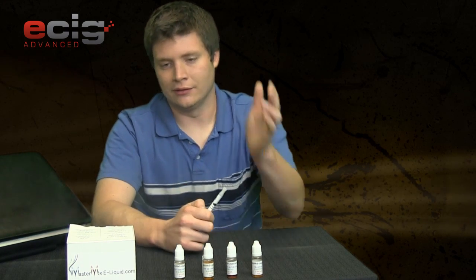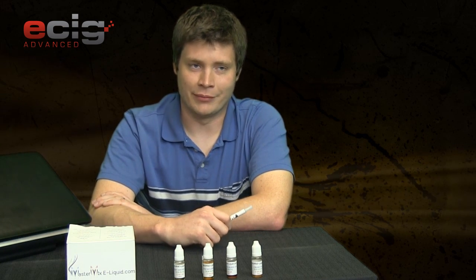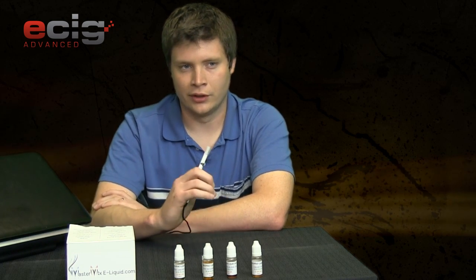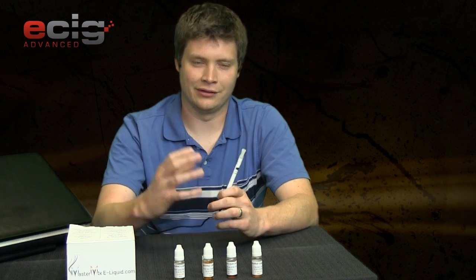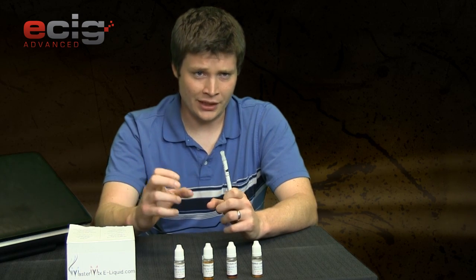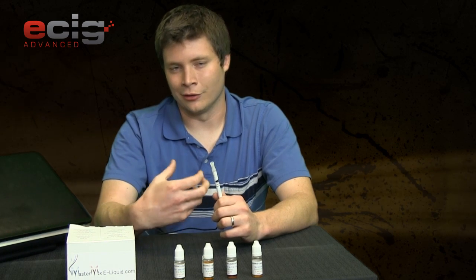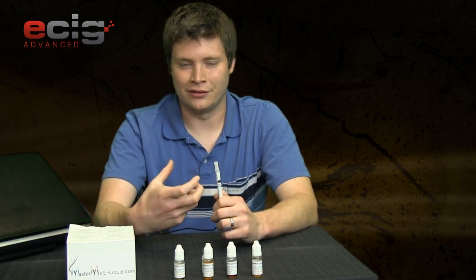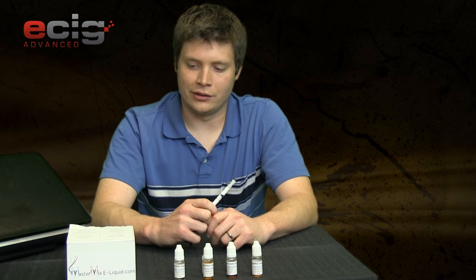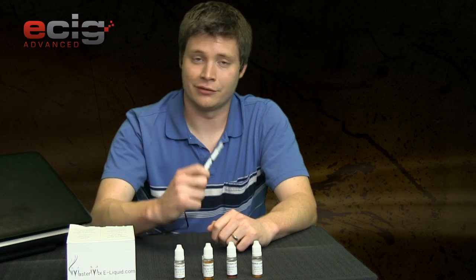I like it. I can't say for sure that it's a really distinct rum blend. I'm not a huge rum fan, but there is something going on there that's not a fruit flavor. It's sort of what you would expect with rum, where it has just the littlest bit of sweetness, and then that rich tone, not earthy at all, but just that rich taste of rum that really finishes it out. I don't know that you can really pick out the rum here. Maybe I just don't drink rum as frequently as I should, but